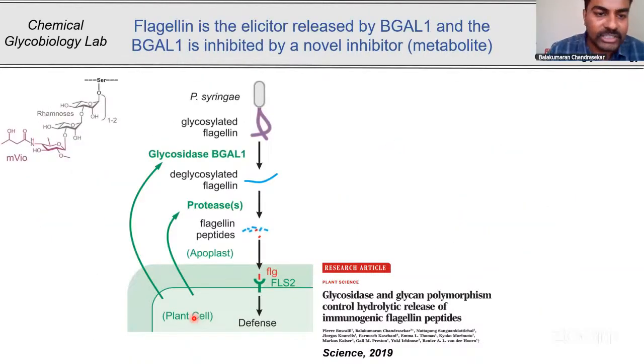Okay, to conclude this particular story, I have already told you the normal bacteria has this kind of O-glycan. It has two rhamnoses, which are attached to a serine residue, followed by a terminal viosamine, which is going to be over here. Whenever the bacteria is exposing this particular flagellin, the plant secretes beta-galactosidase enzyme, and the beta-galactosidase enzyme is going to cleave the viosamine sugar. It is going to release the viosamine sugar. Once the viosamine sugar is released, the bacteria is going to have only rhamnoses and the flagellin protein, and these rhamnoses and the flagellin will be cleaved by other glycosyl hydrolases and proteases. This is going to lead to a release of flagellin peptides, and these flagellin peptides are received by the FLS2 receptor.